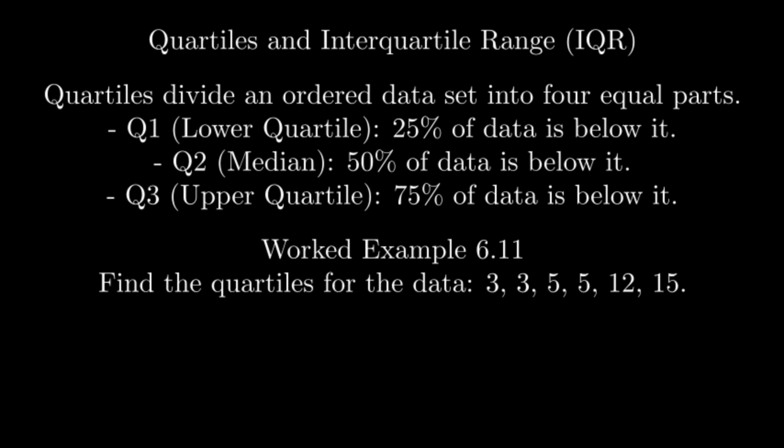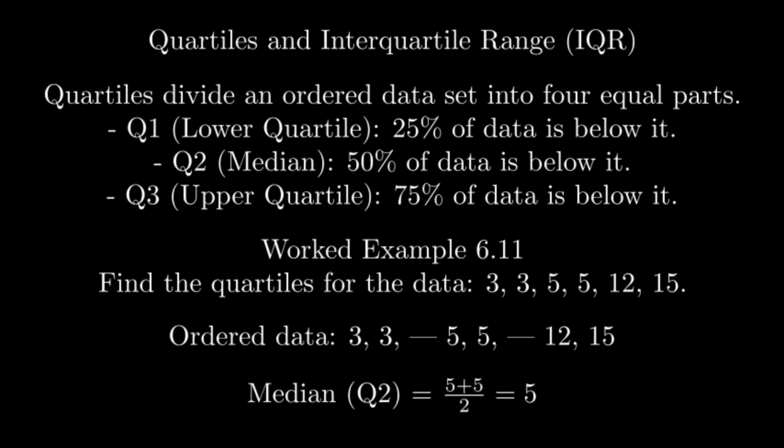Let's find the quartiles for this data set. The data is already ordered. There are 6 data points. The median, or Q2, will be the average of the 2 middle values. The 2 middle values are 5 and 5, so the median is (5 + 5) / 2, which is